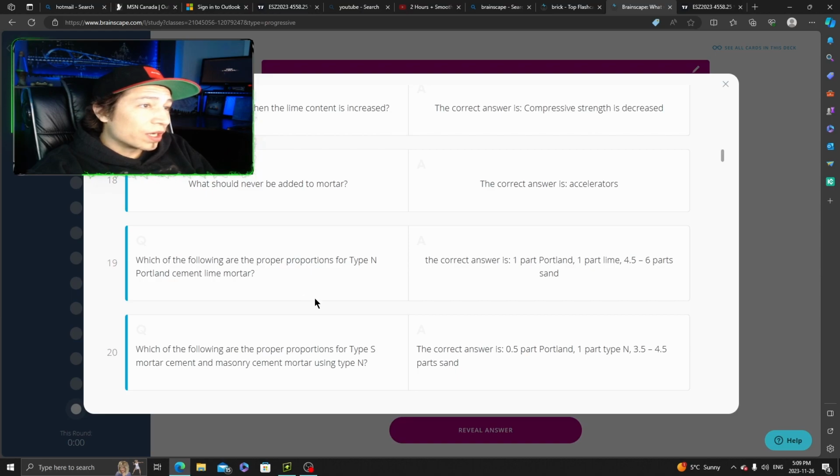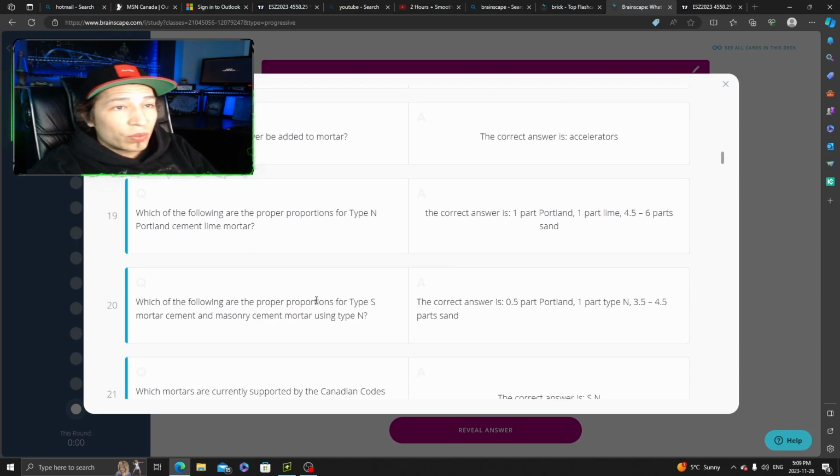Which of the following are the proper proportions for type N Portland cement lime mortar? 1 part Portland, 1 part lime, 4.5 to 6 parts sand. So the proper proportions for type N Portland cement lime mortar are 1 part Portland, 1 part lime, 4.5 to